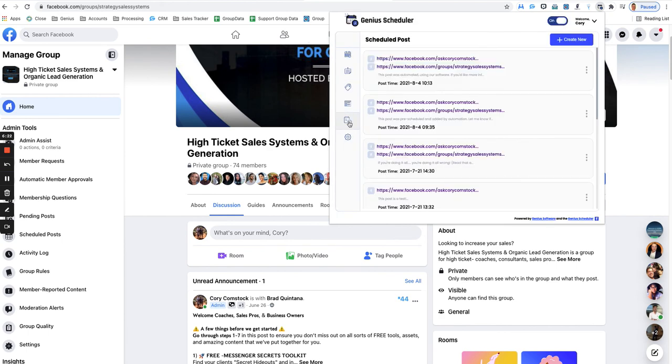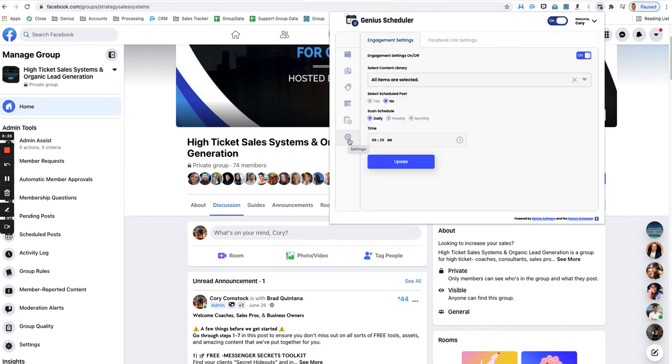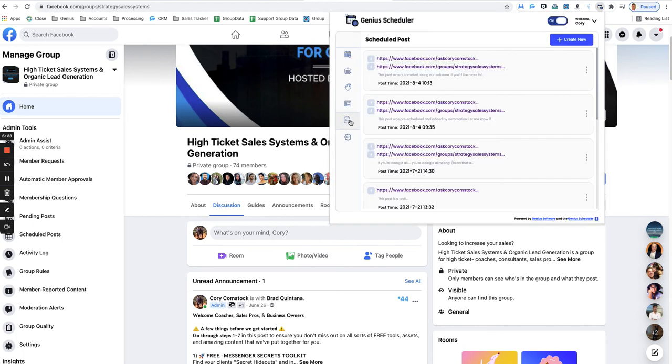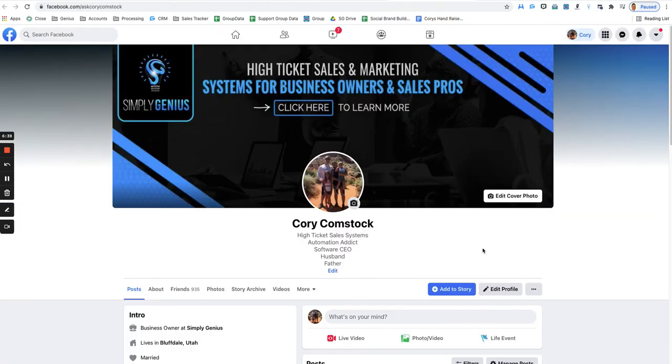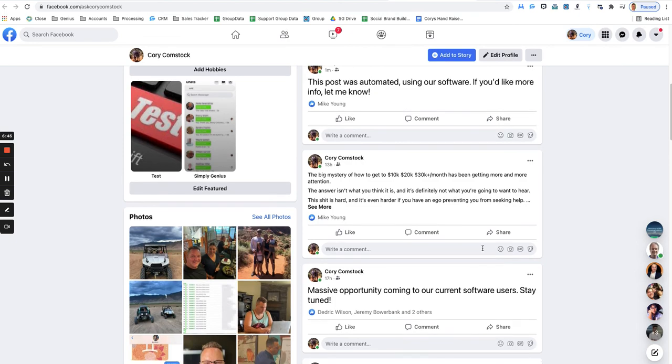There's different ways to go back and see what kind of engagement the posts are getting. So you can set it to run every morning and tell me, hey, what posts are getting the most engagement? What do I need to post more of, right? And I can also go back and look at different posts just by clicking the link. If I wait just a second, it's going to load, and it will take me right back to that post.